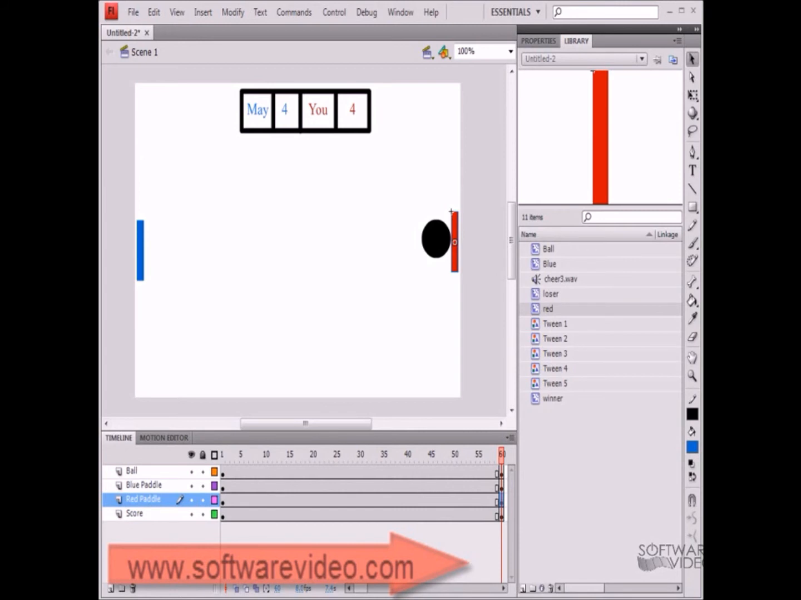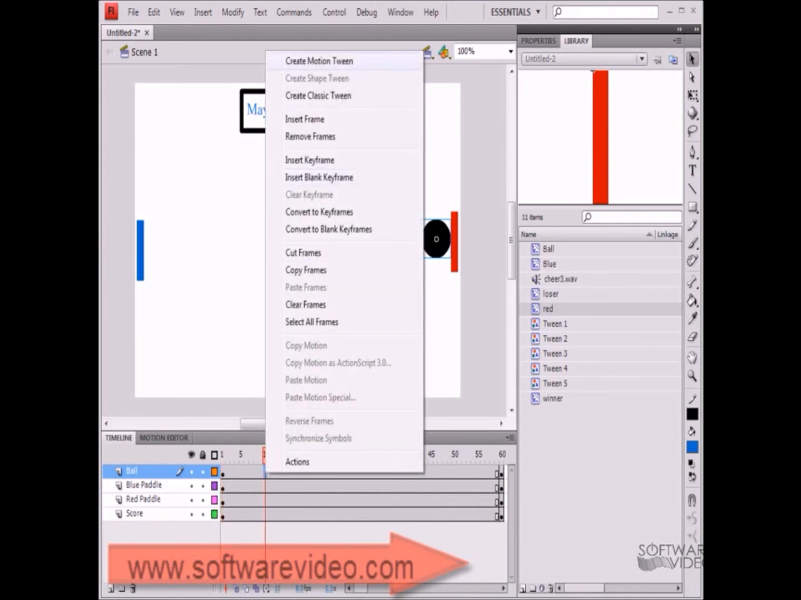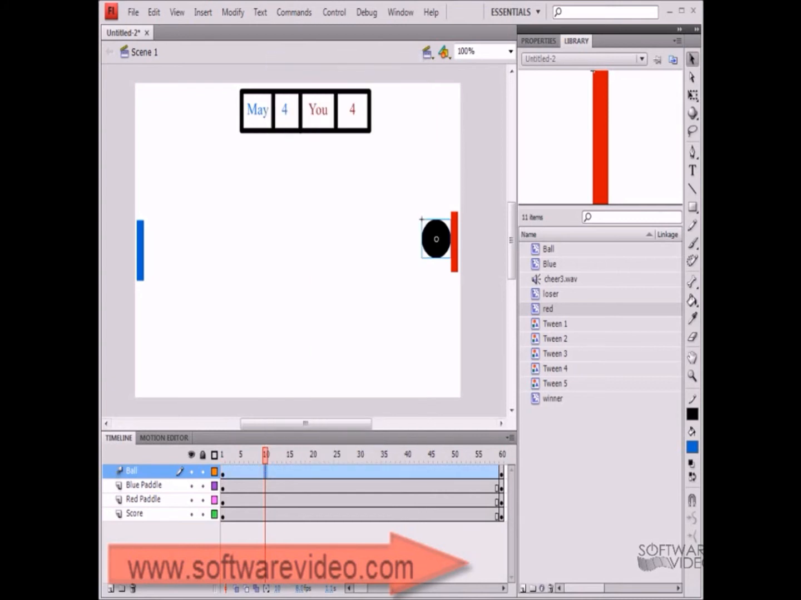So now let's begin our animation, now that we have everything set up. So here on the ball, we'll start with the ball. Alright, let's add some animation. So with the ball layer selected, what we'll do is we'll add a motion tween. Make the ball move. So now you see we have this light blue,